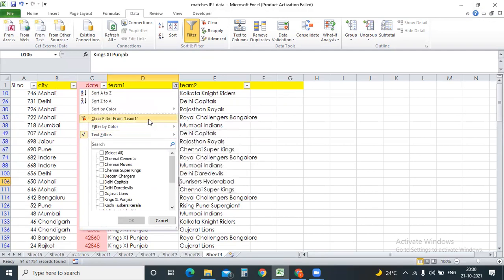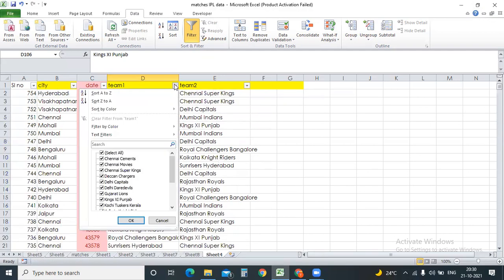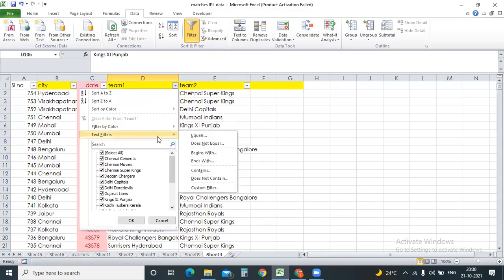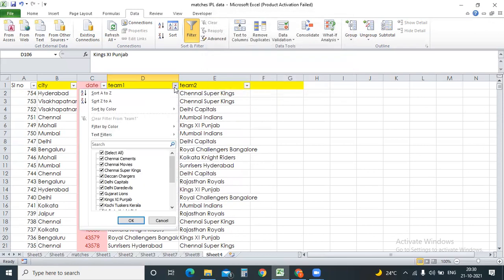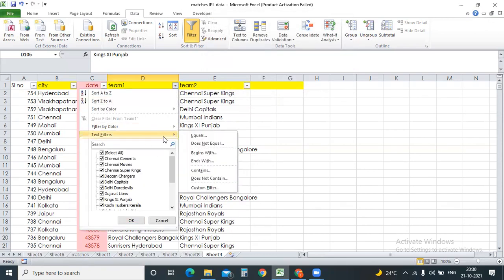And if you want to clear the filter, you can come here and clear the filter. Okay. Just click it and this option will be highlighted. Again, go to the things. What happened? There are a lot of other options also, guys. Just explore this option. Any questions on it?